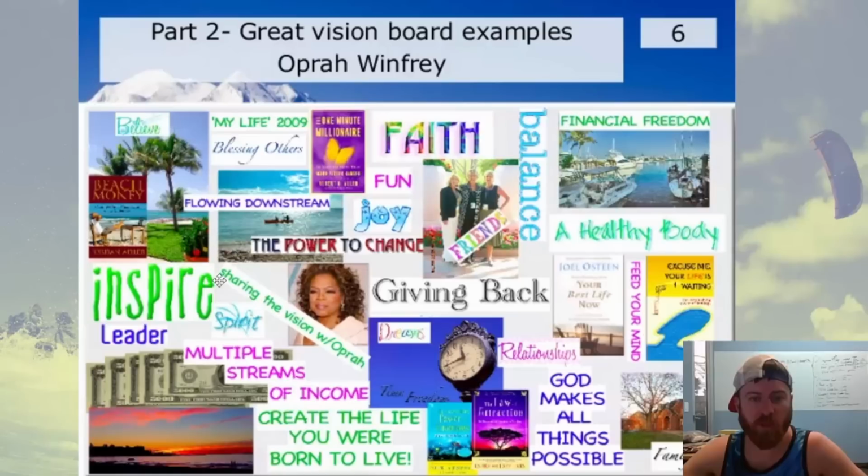Oprah might be more of, I think, her modality, and I'm not going to get too deep into neurolinguistic programming, but everybody has a different modality that they react to. Some people are more physical. Some people respond to things more if they can touch it and if they can feel it, and some people react more to visual things, like images. Some people react more to kind of language and sound.